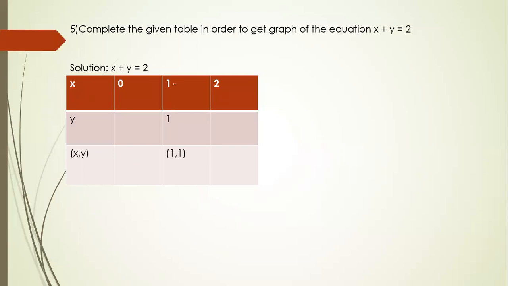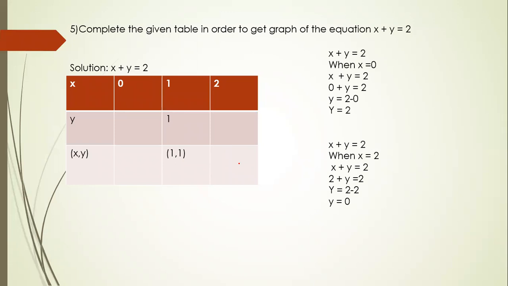Here they have given us the value of x as 1 and the value of y as 1. And here also it is given as 1, 1. The value of x over here is given as 2 and we need to find the value of y. Then whatever value we get, we will write here together. For solving this also, we need to do some working, so let us do it in the working column.